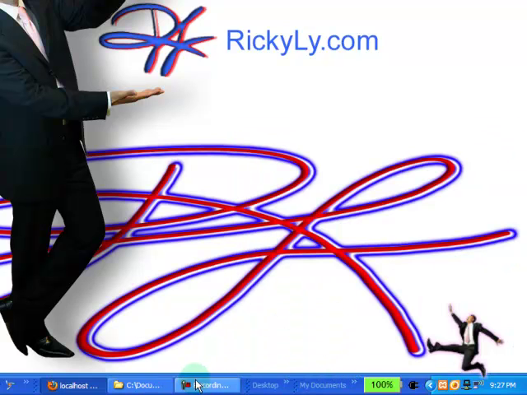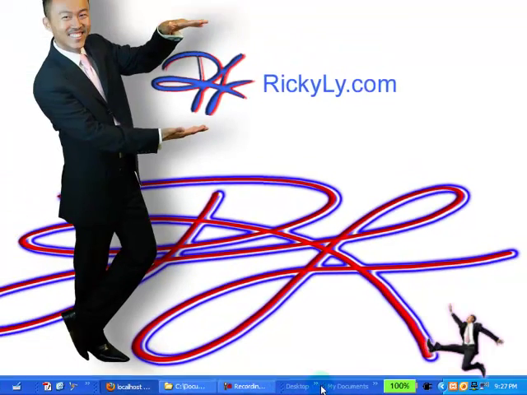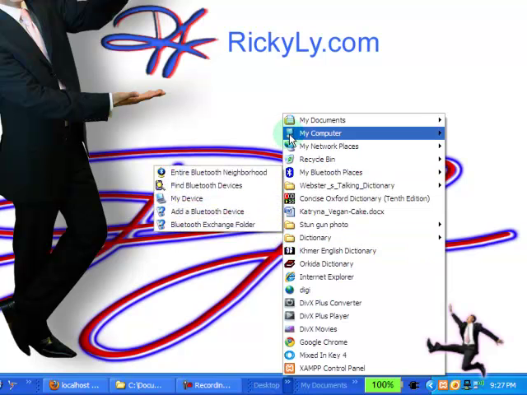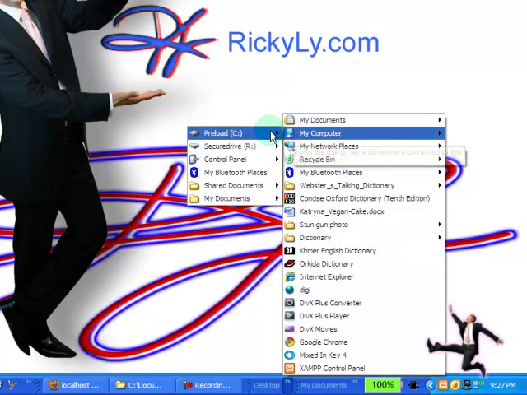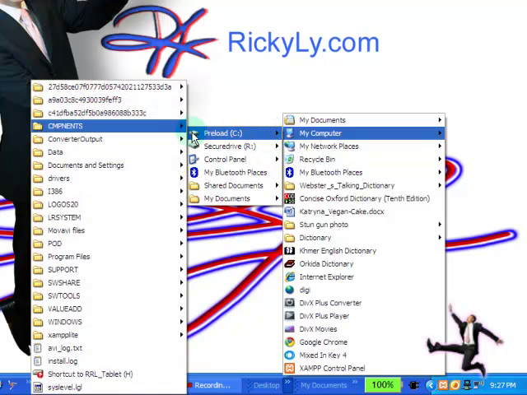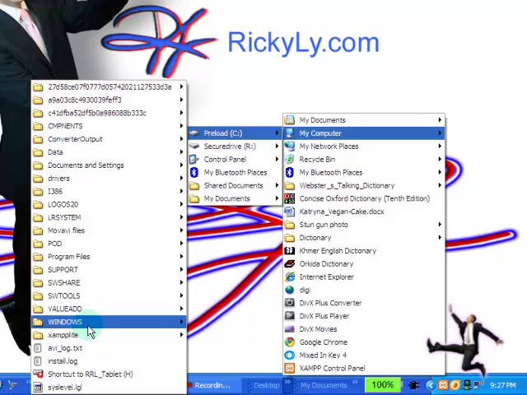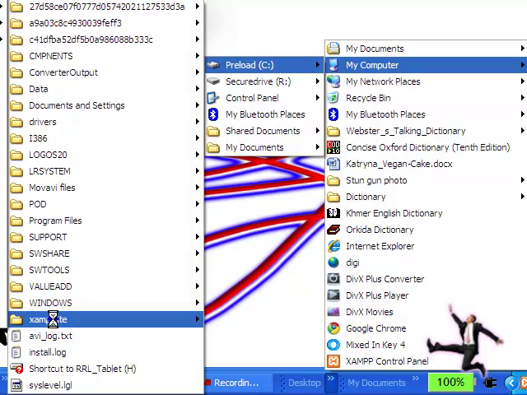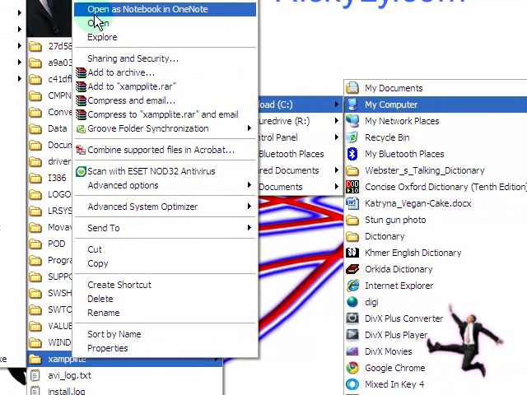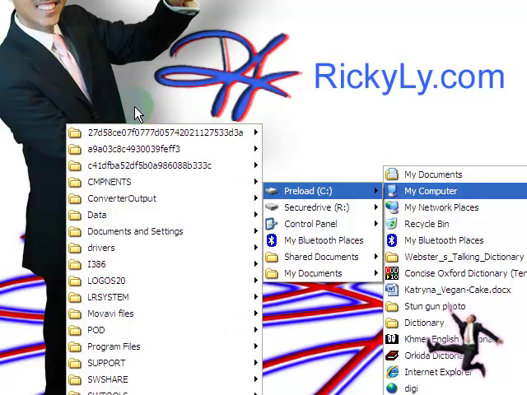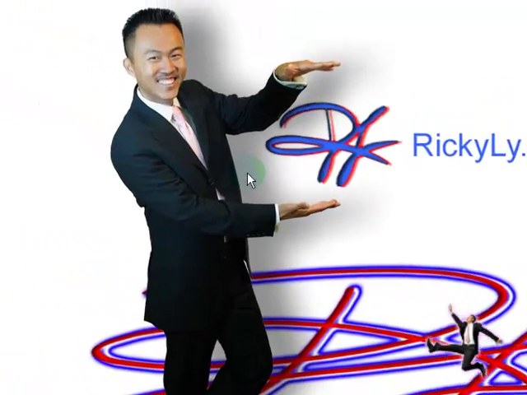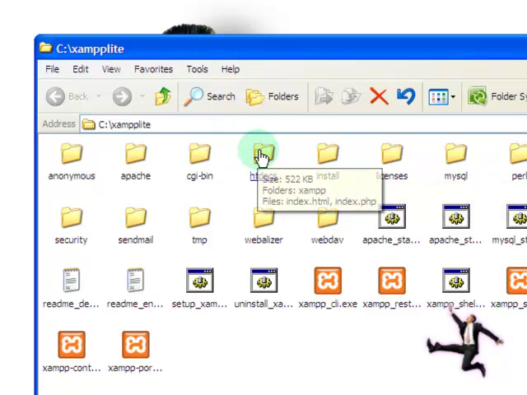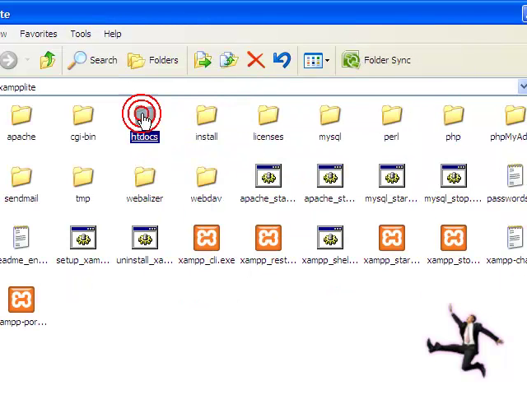At this time you'll need to locate where you installed the XamppLite. Find the drive that you installed it. Mine happens to be on the C drive, and it is the same name as the software. Go ahead and open up that folder. You'll need to find the htdocs in this program, which is right here. Click into it